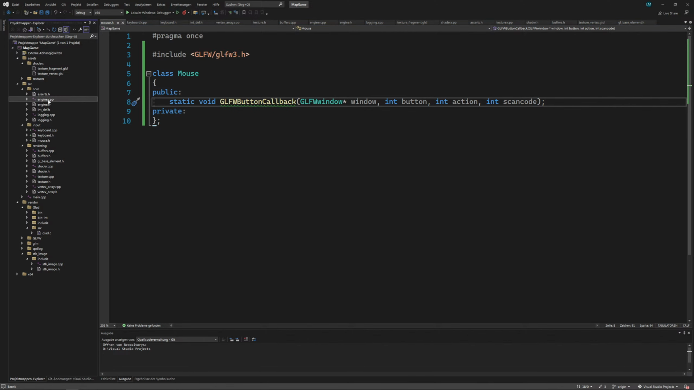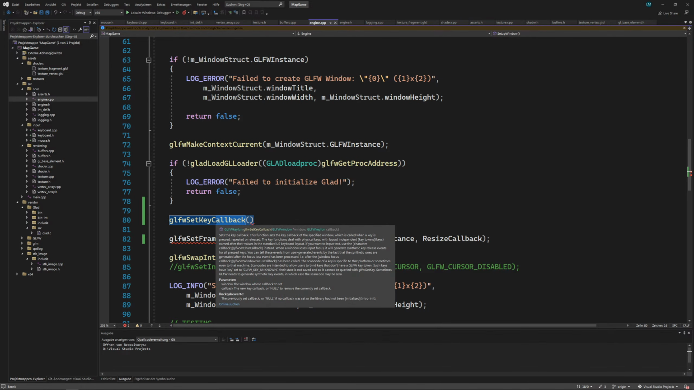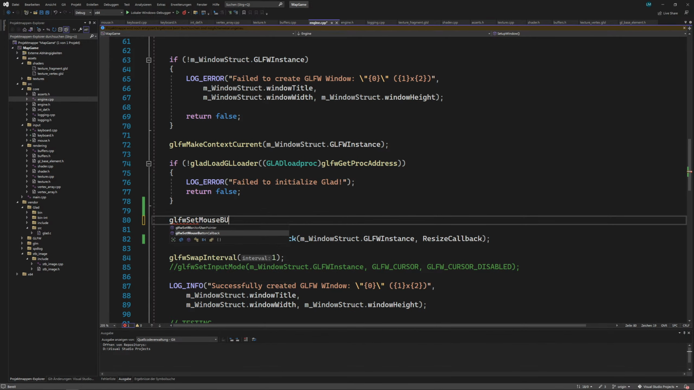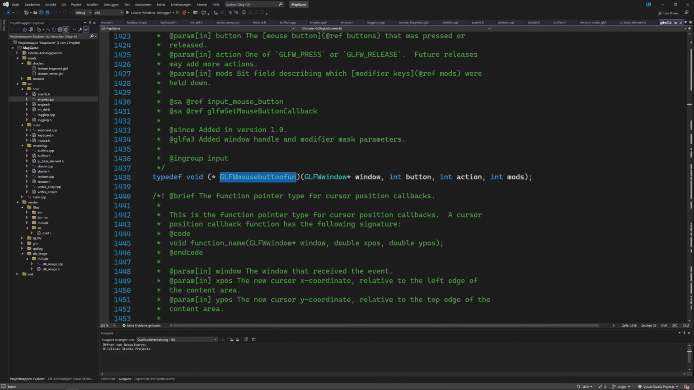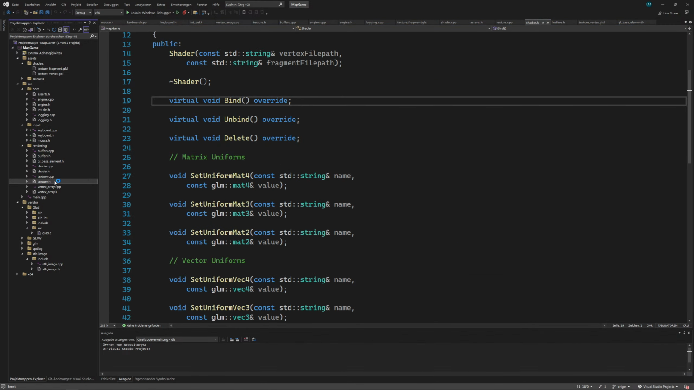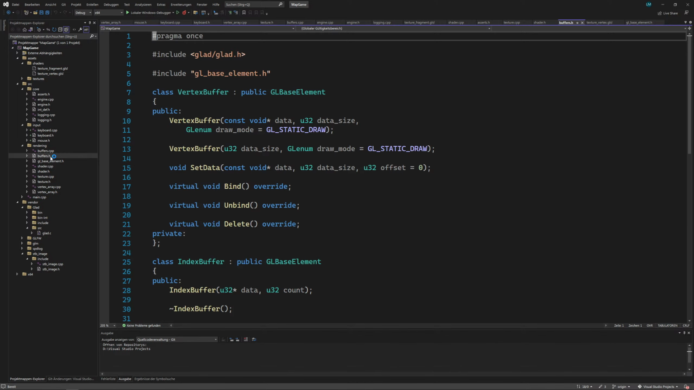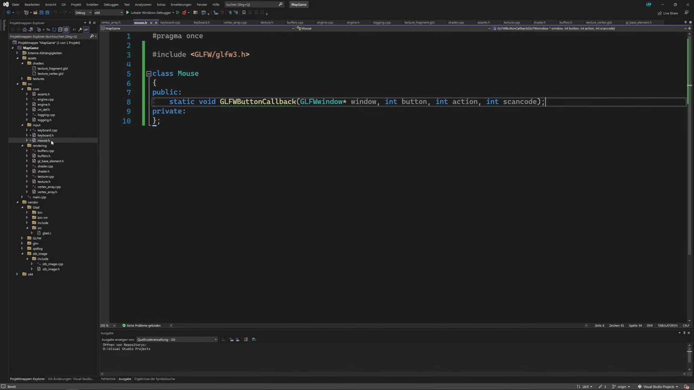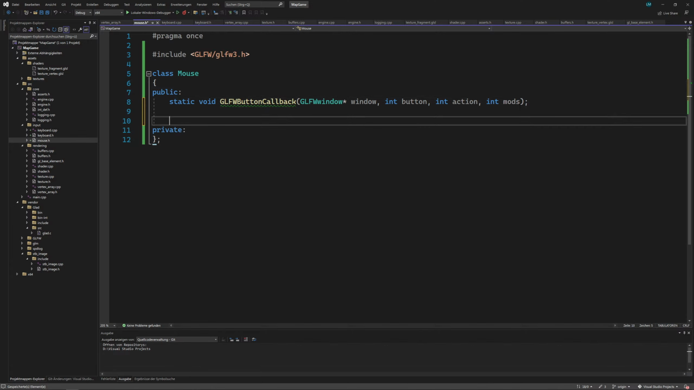Let me look that up. I think it is set mouse button callback. Oh, it's mods. Okay, glad I looked that up. Obviously it wouldn't make a difference for the naming, because the naming doesn't matter as long as the variables are all the same in the function definition. So mods, static void GLFW scroll callback,